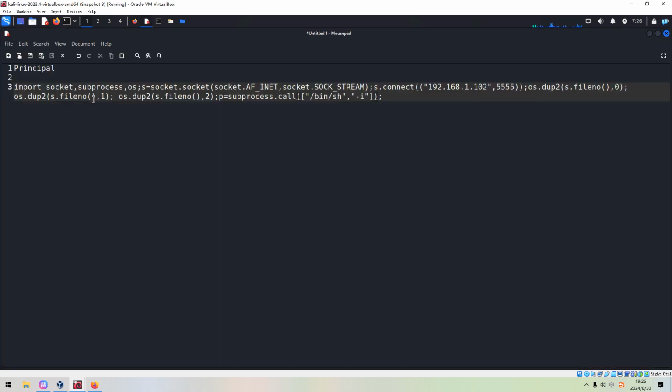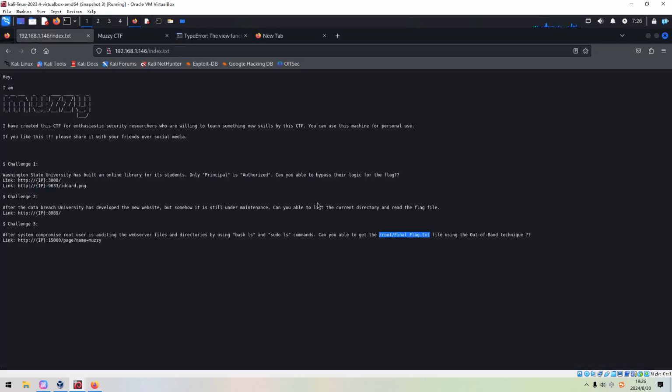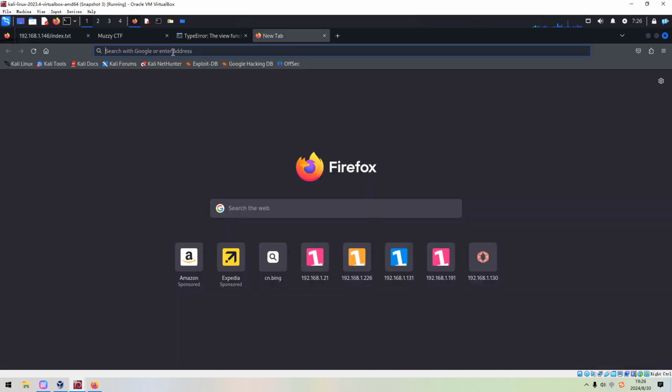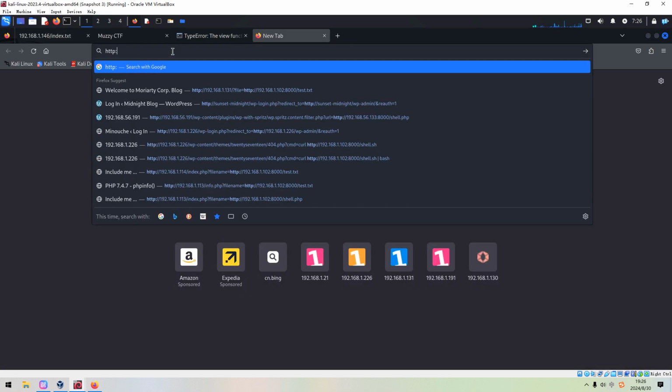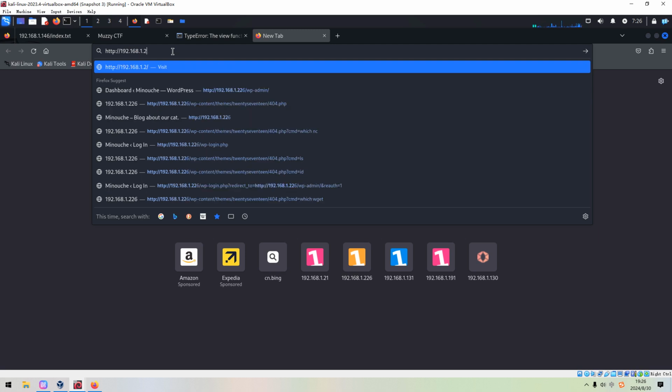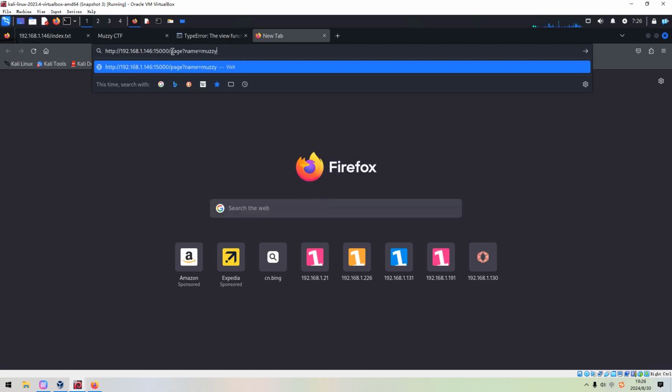We can copy and paste over here using the out-of-band technique. So maybe we can take a look at this service, the last service, and we can press enter.